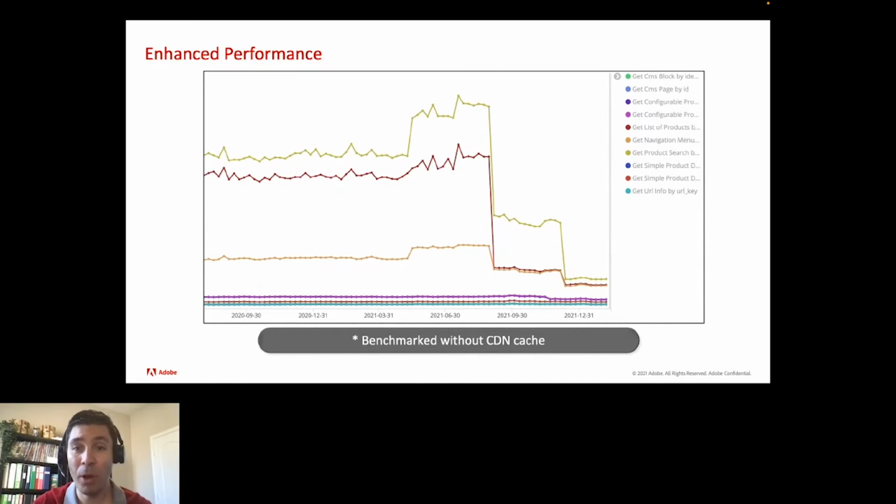This is stellar work from our internal developers and true innovation, as performance improvement is a hard problem to solve when you're keeping the same stack. Note that these measures count as the first page load. They're not cached in any way by any edge caching, though we have improved on that as well.